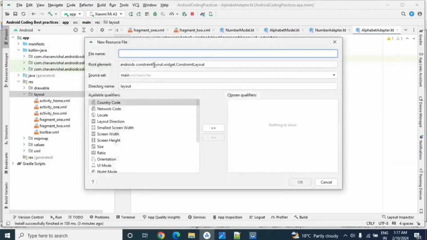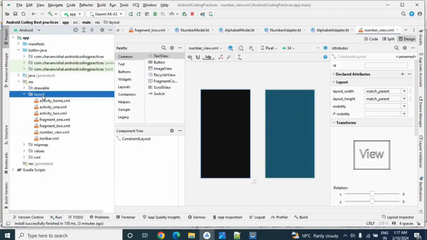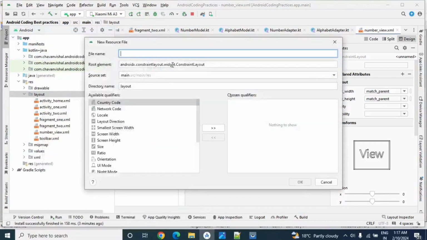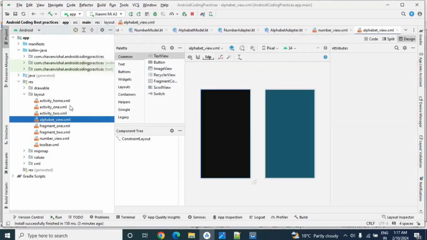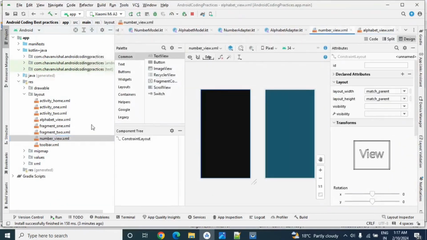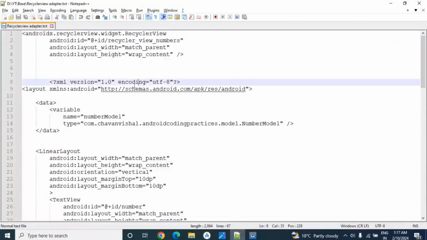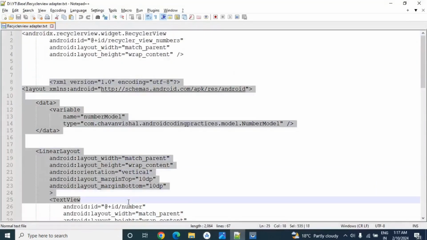Okay, now let's create XML file for our list item. So first XML file will be, let's assume number view. This is our first XML file, and second XML file we will create as alphabet underscore view. Okay, now let's go to our number view, and again let's copy paste the code from my notepad++ file.